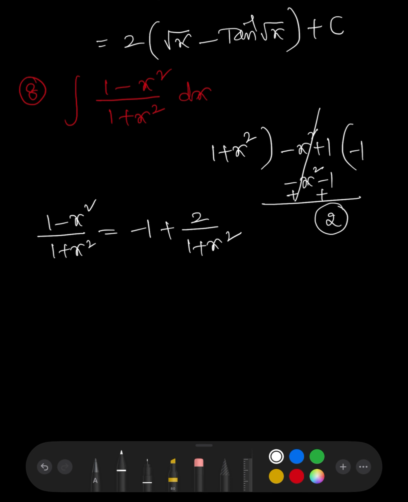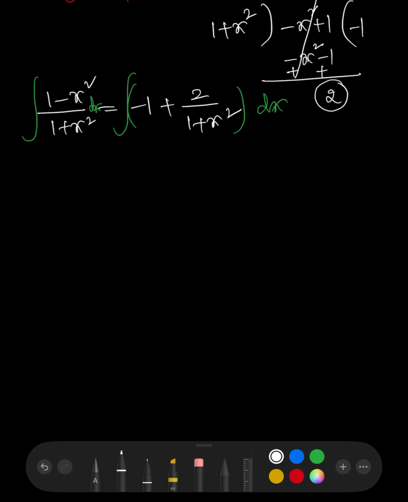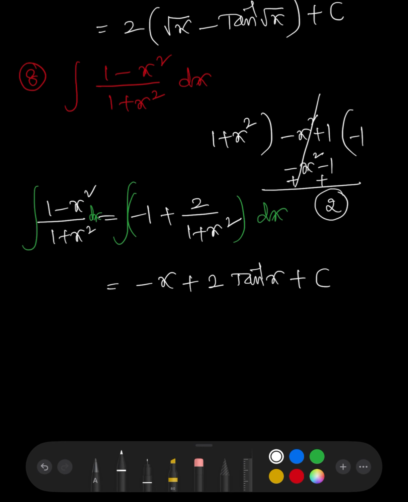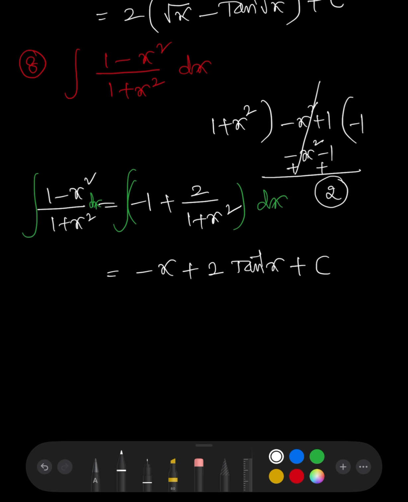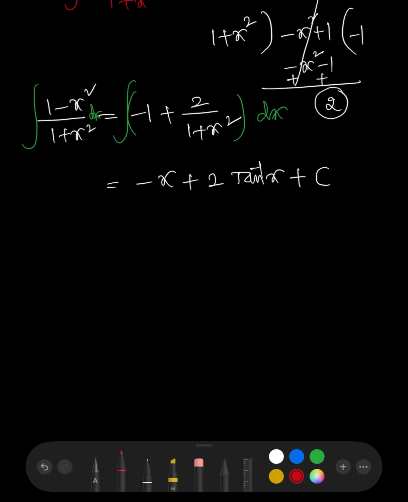If you do integration on both sides, integration dx, integration dx, then the integration of minus 1 is minus x plus 2 constant. This one we can write as tan inverse x plus c. Very interesting question. Next,